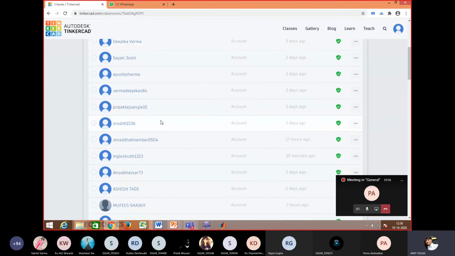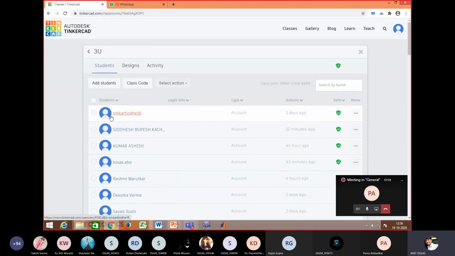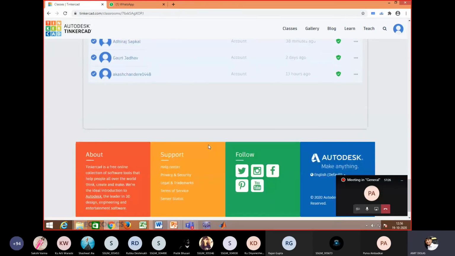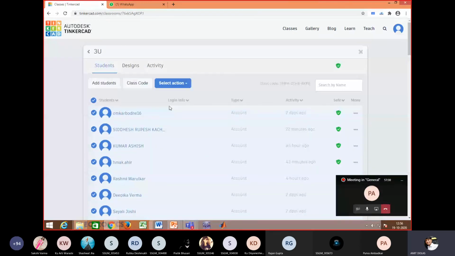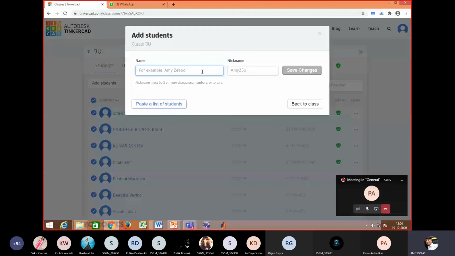Like Deepika Verma, these are all students and they are already in the classroom. I don't know where the count appears, I'm also doing this for the first time. Another way I have is like this, name and nickname.